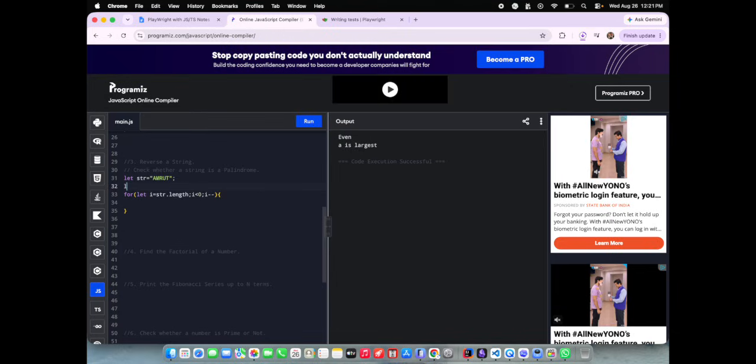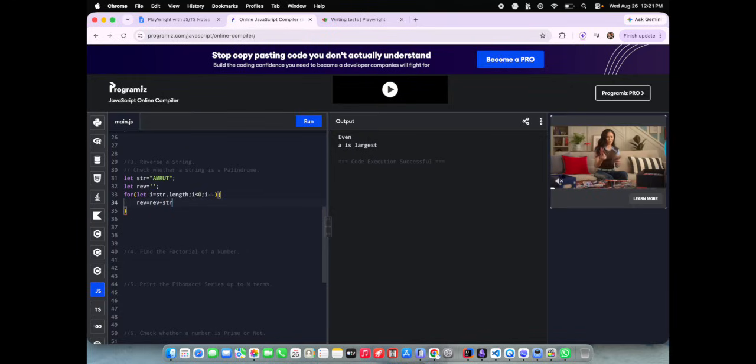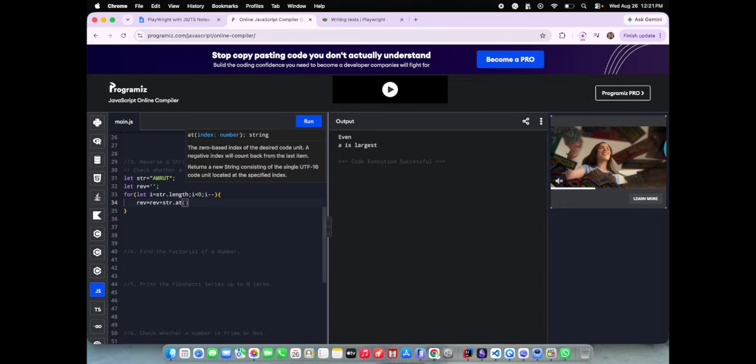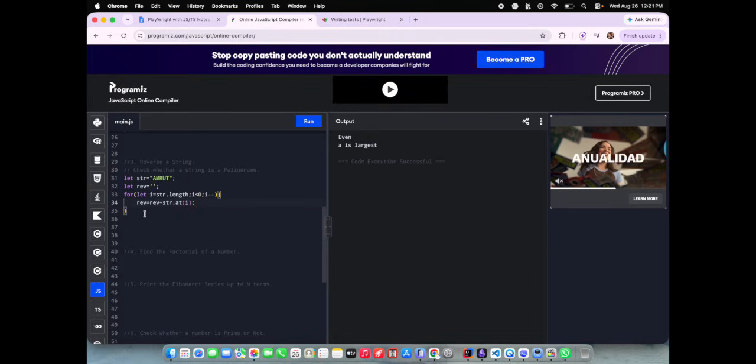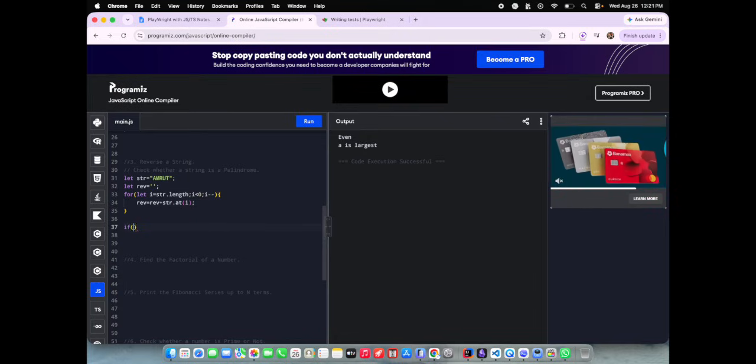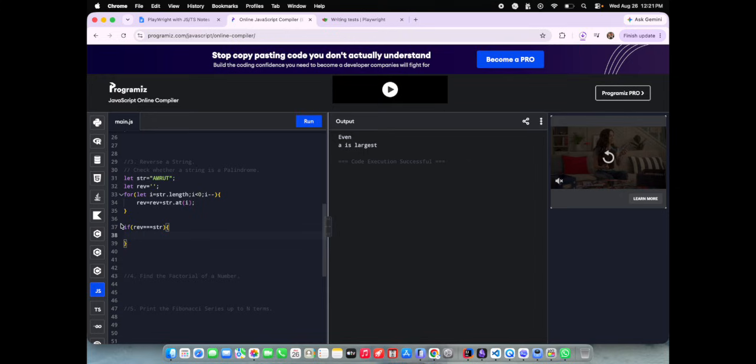Now I will take one more variable, that is reverse, and here reverse is equal to reverse plus str.charAt(i), and after that I will check if reverse is equal to string, then I will make it console.log as palindrome,